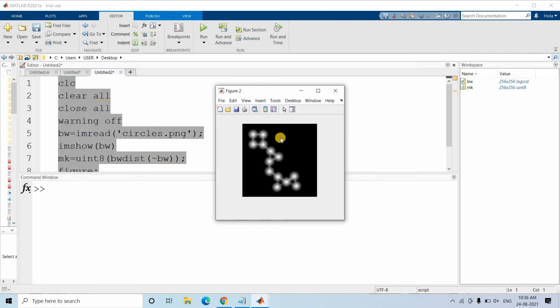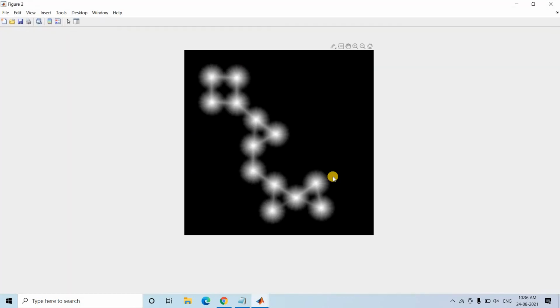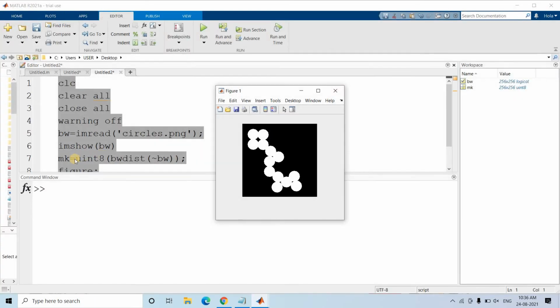And see, now we are getting the image that is just the reverse of our requirement. Currently the background is at 0 level. Going from the background to the center part, we get maximum brightness. So now we can just take the negative of this image to get our requirement.